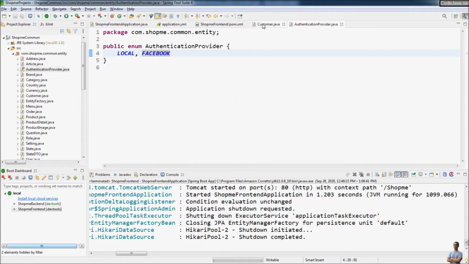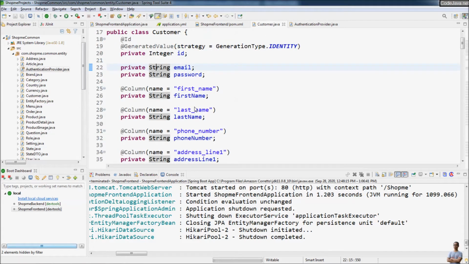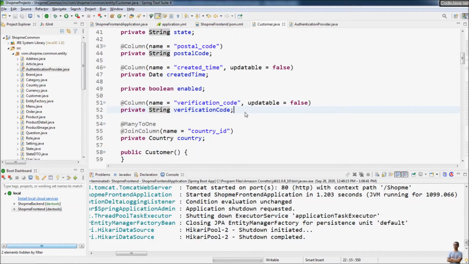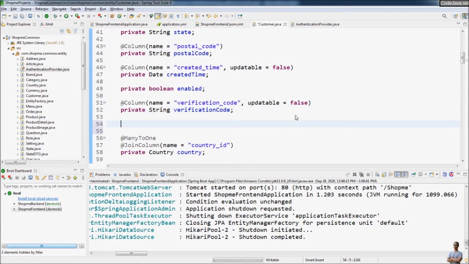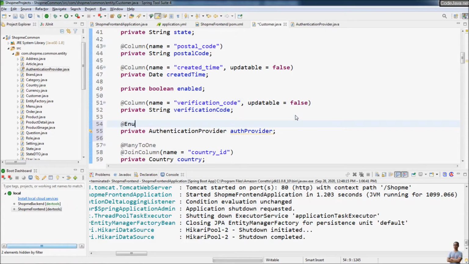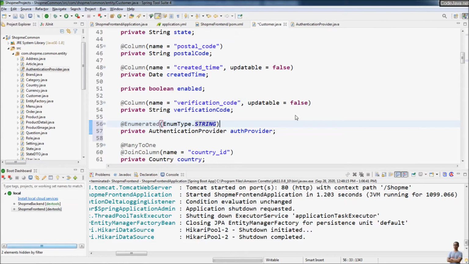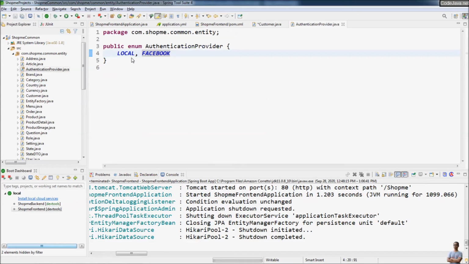And then in the customer class, we declare a new field with enumeration type, write with authentication provider, auth provider, and we use the annotation @Enumerated from JPA, and we specify the enum type is string to map the value of string for local or Facebook in the enum here,